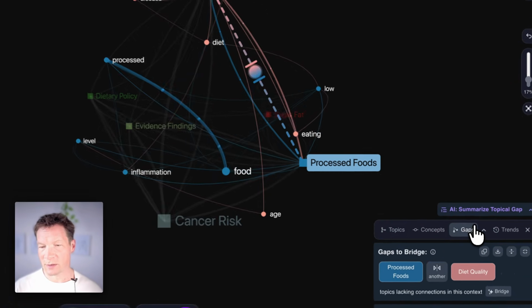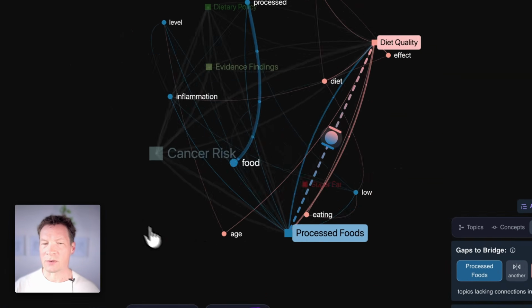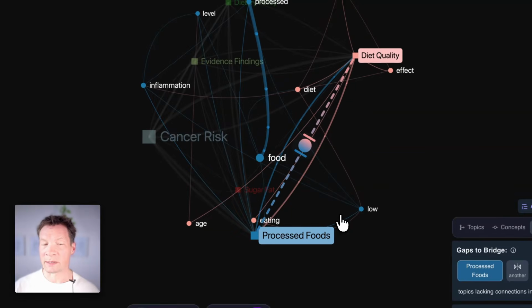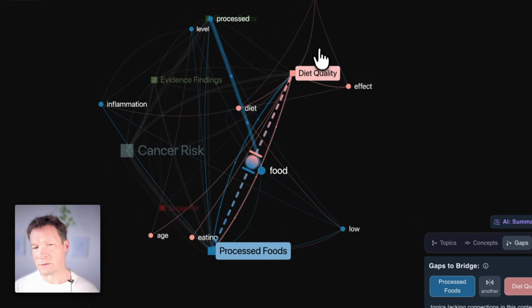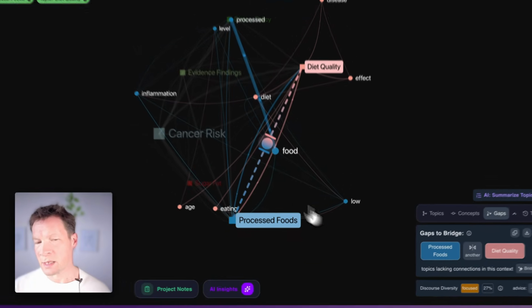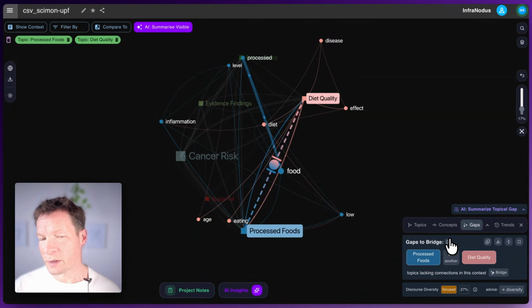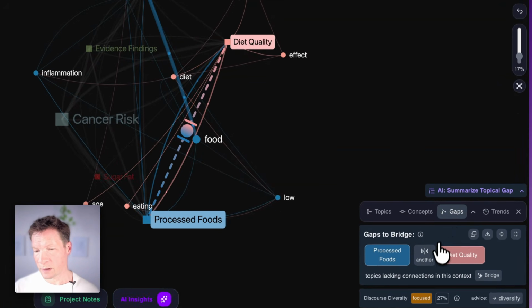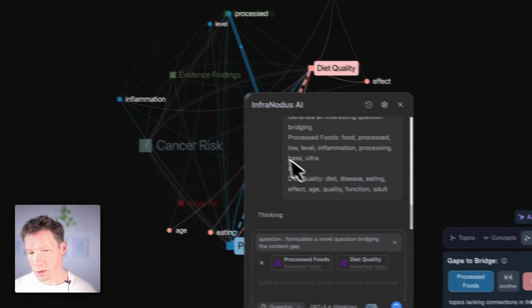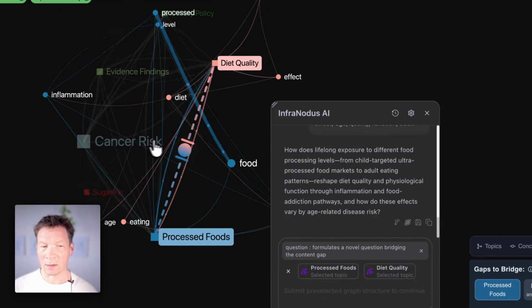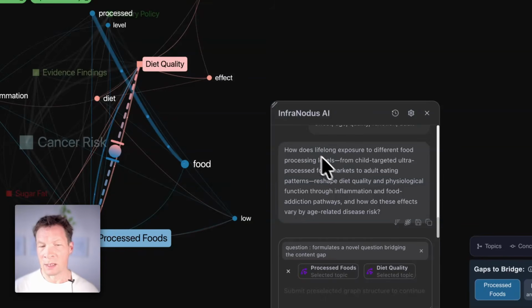So if you click on the gaps panel here, it will show you the clusters that could be better connected. So for example, if you look here, we have processed foods and diet quality. There's a gap here. So how could we connect it in an interesting way? We can then ask the AI to generate a research question that would connect those two topics together. So then here it's creating for us some interesting questions for research that can help us develop this whole discourse